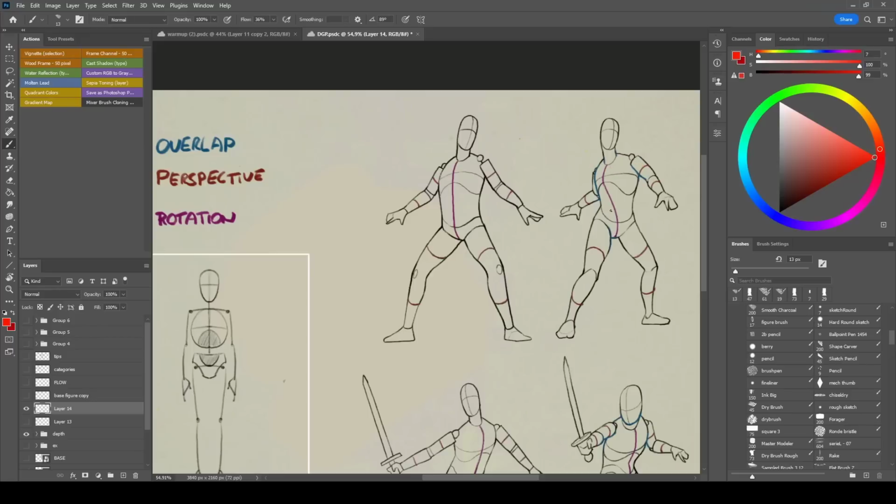So try to always play around with the orientation of our chest and our torso, and our pelvis and our head. If those elements are basically pointing in the same direction, that's probably going to cause a fairly flat looking pose. But from the moment we are arcing those in different directions, then we can really emphasize somewhat of a twist to the body that does add so much motion to our figure as